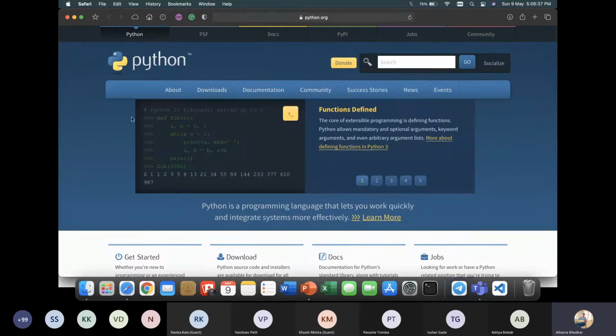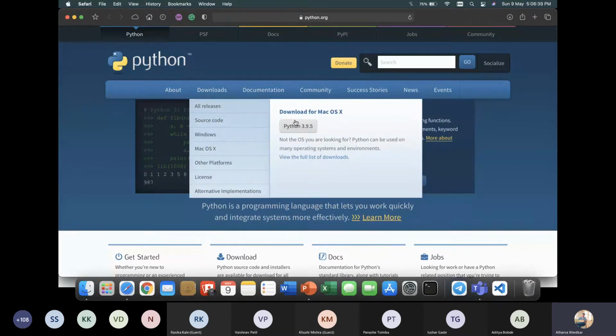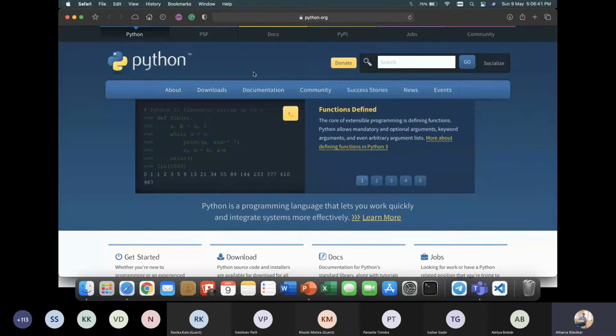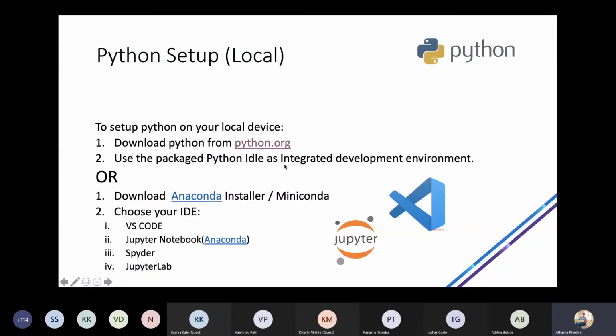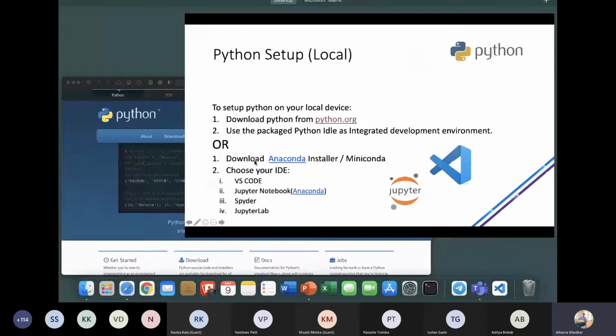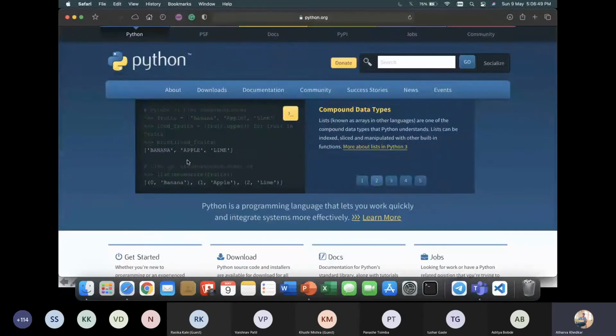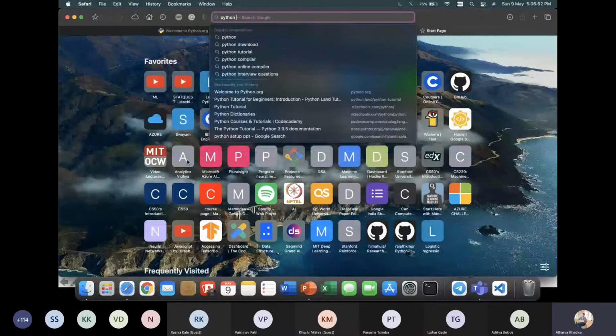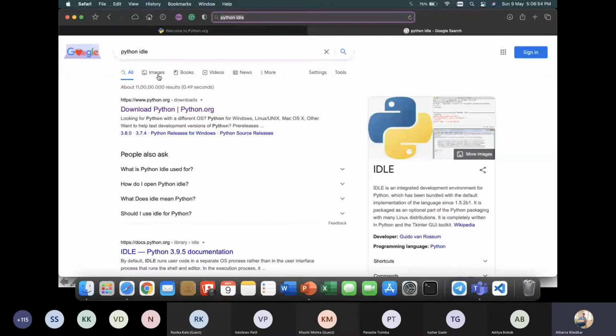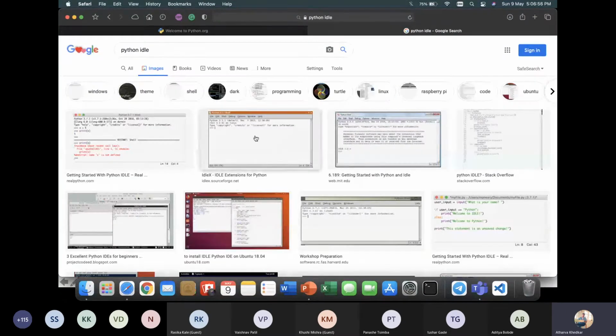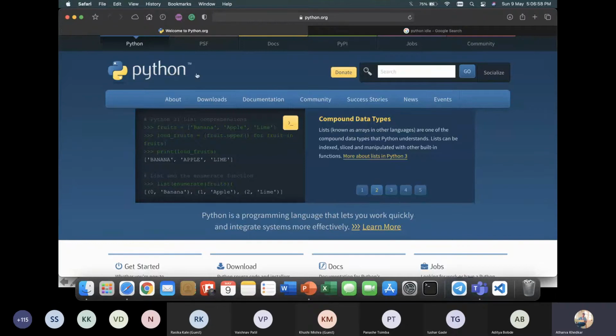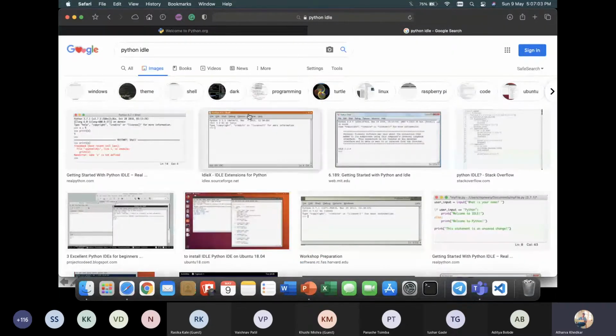With this download, you get Python, and with it you get an IDE of Python, which is Python IDLE. I'll show how Python IDLE looks. I haven't installed it because I don't like it, to be honest. But if you download from python.org, you will see this Python IDLE, which is installed with that package.